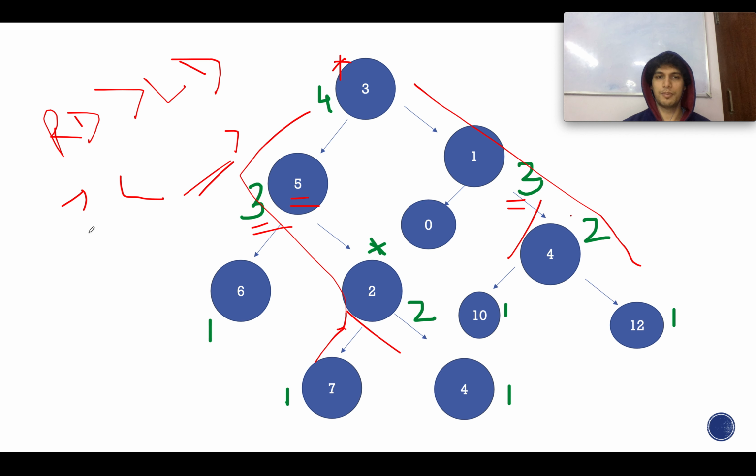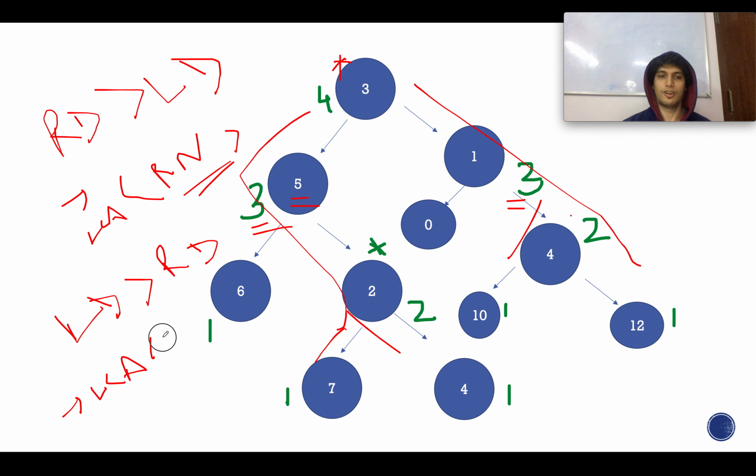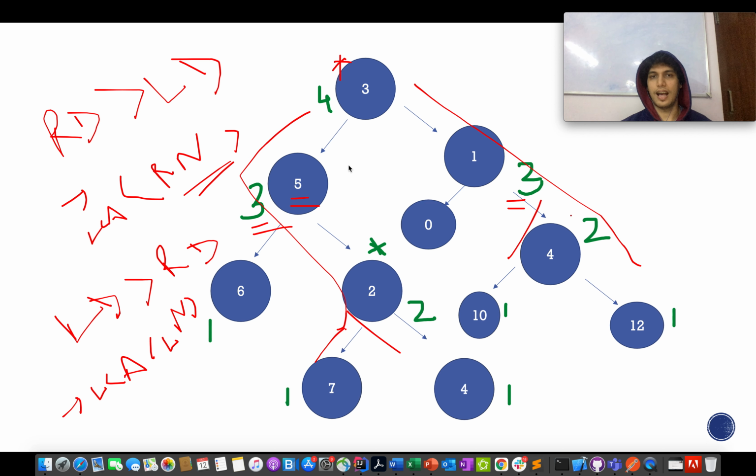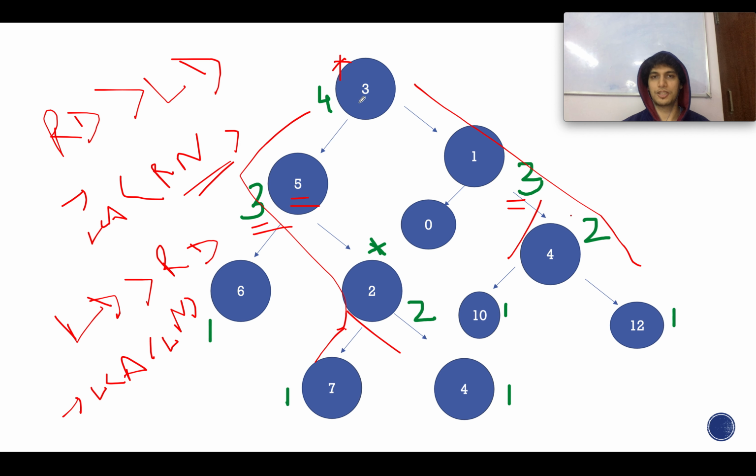So you'll invoke the similar method, find LCA in your right node. If the depth of the left subtree is greater than the right subtree, then your answer lies in the left subtree, LCA of the left node. And whenever these two are equal, then your root is your lowest common ancestor, as in this case, which would be 3, the top of the tree. So let's quickly code this up. What are we going to do?